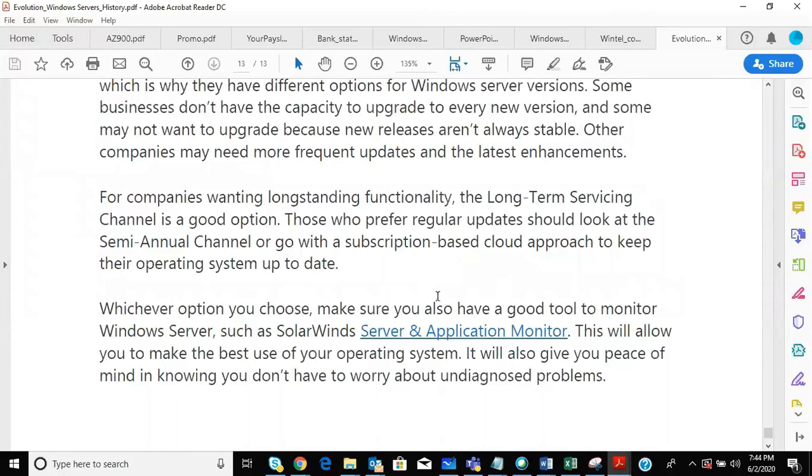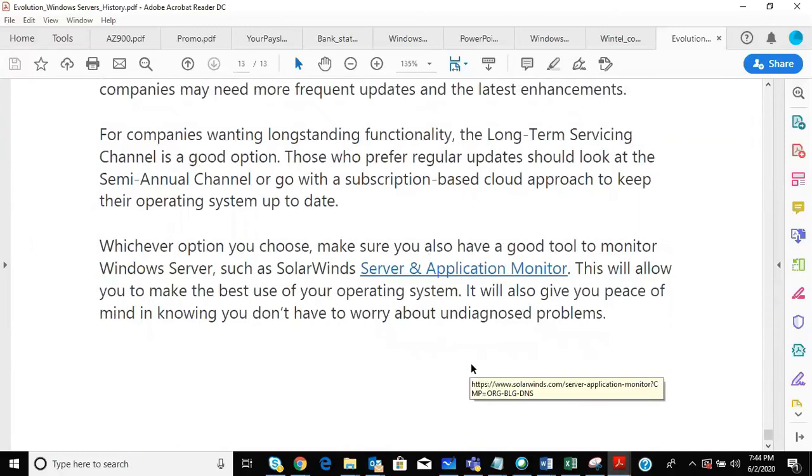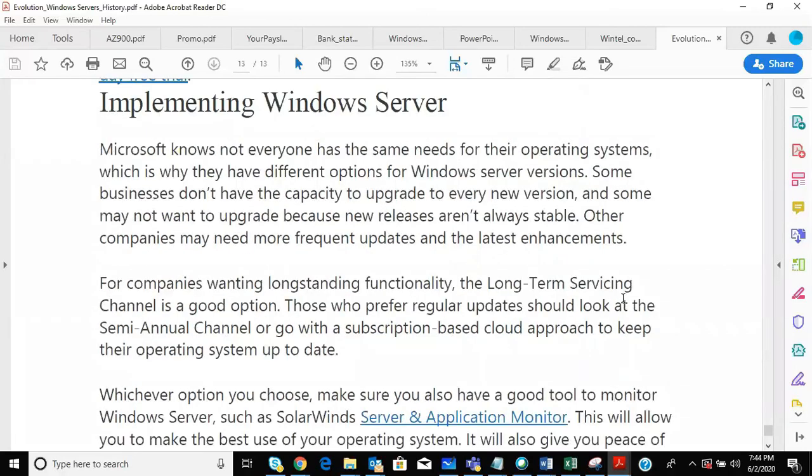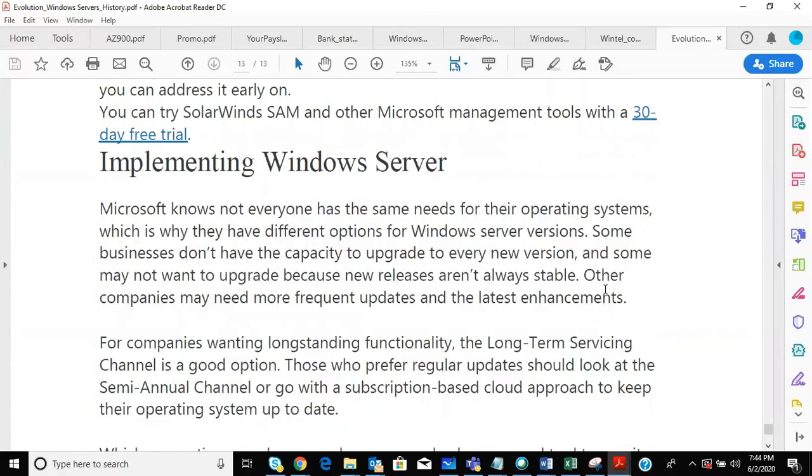SCOM is a powerful tool, and you can monitor your servers on-prem. But SCOM is not supporting the Azure cloud. So they introduced Operations Management, through which Microsoft is getting Azure Analytics and Azure Monitor. They are using that capability to monitor their Azure cloud workloads. So this is the journey of the Windows servers.